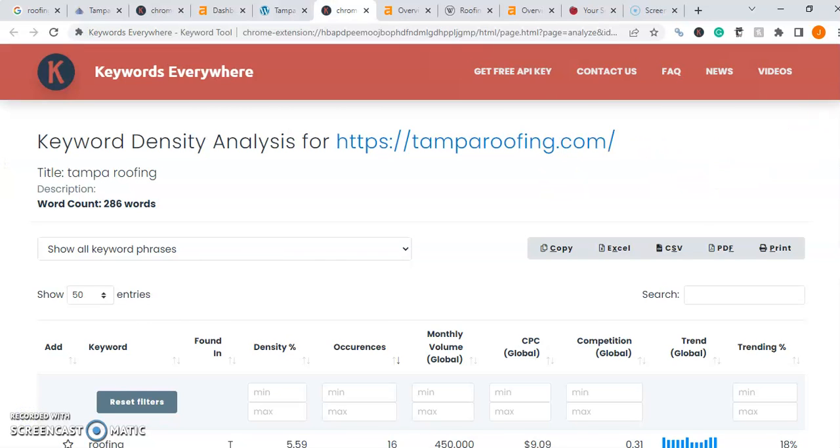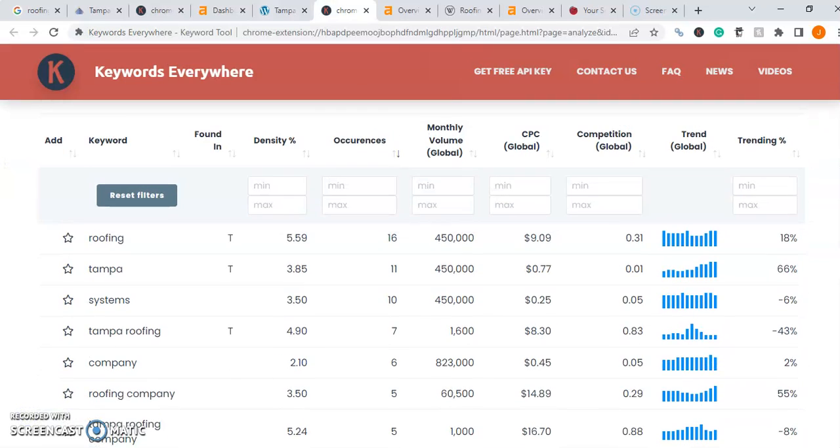So we're back to Keywords Everywhere, and if we scroll down here, you're going to notice their most used keywords. We have roofing at number one. Like I said, we might want to bump that up to number one, as it's the exact service we're offering. Then they have Tampa, their location. Then they have systems, their brand, roofing company. So all in all, a different list of keywords than what I suggested, but you will see that there are some crossovers along the way. I would recommend taking this list along with the suggestions I gave you and mixing the two to create the strongest keywords list possible. But let's go back to your website and talk about external search engine optimization